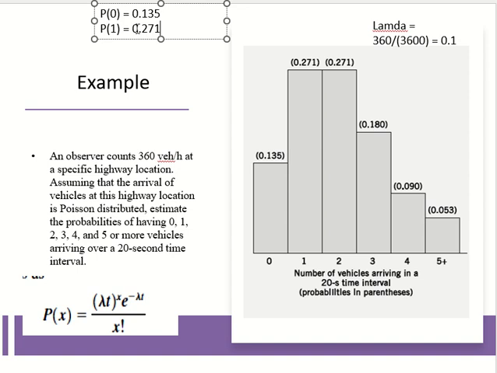The only trick here is the last one. What do I do for the last one? The last one is different because they are not asking for 5. They are asking for 5 and above. Meaning anything which is not up to 4. So we'll find the probability from 0 to 4.